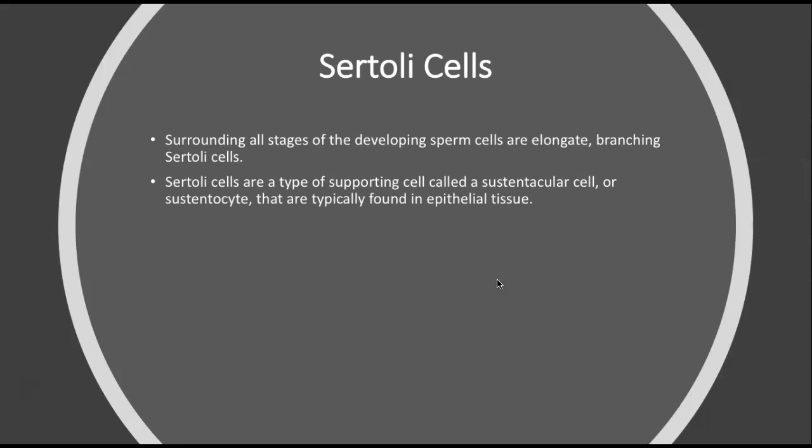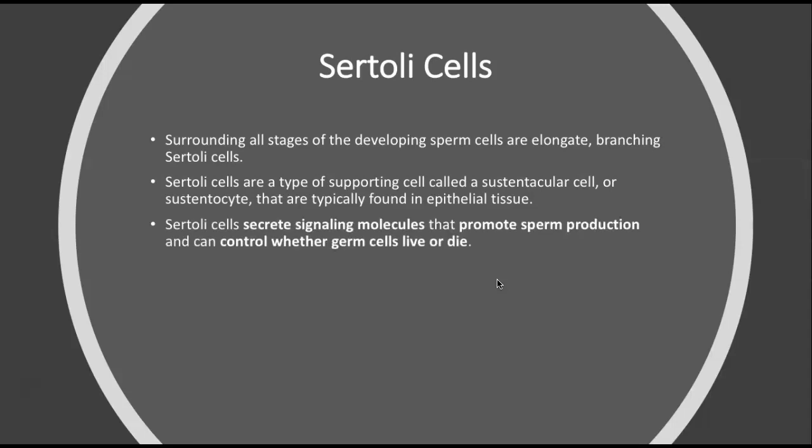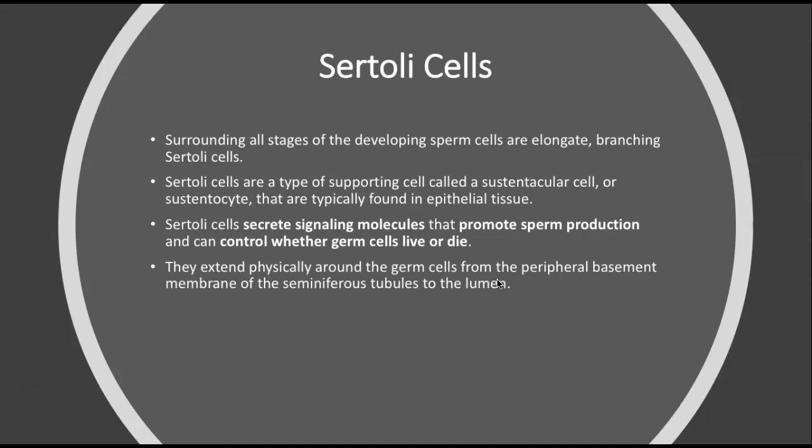They are a type of supporting cell called a sustentacular cell or a sustentocyte, and they're typically found in epithelial tissue. They secrete signaling molecules that promote sperm production and can control whether germ cells live or die. They extend physically around the germ cells from the peripheral basement membrane of the seminiferous tubules all the way to